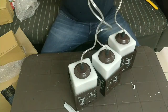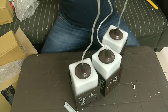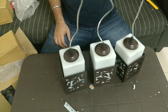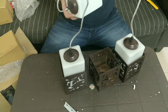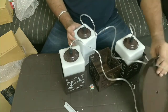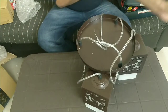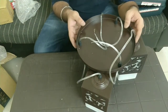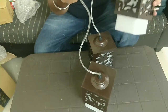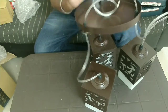See, all 3 are connected. I think I've put this holder upside down. It needs to be like this, so I'll have to do that again. I do that and then we'll start to connect it on the wall. Okay, so I've connected it back again. Okay, and this is how it looks. So I had to remove the cover, put the wooden cover in, then put the glass cover and then connect it. I've connected everything on this